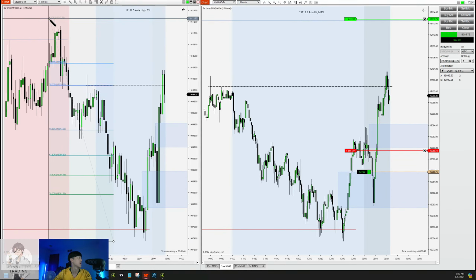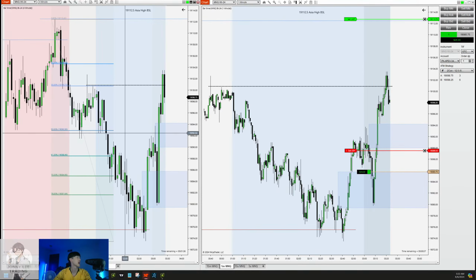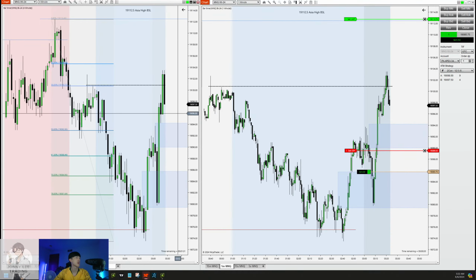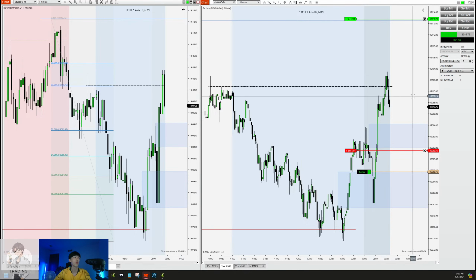All right, so we have a low to high. So if we start to close below this area here of 96.94,